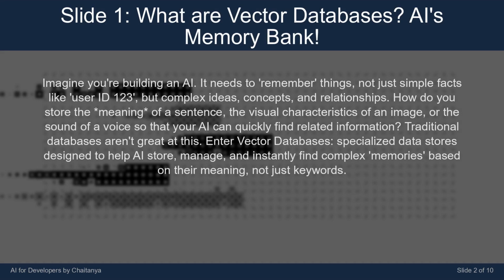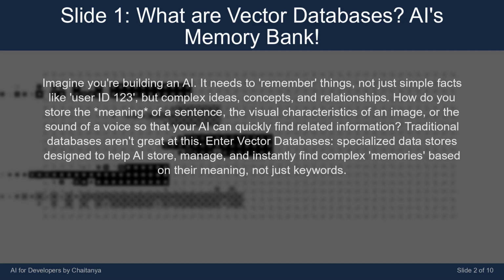Imagine you're building an AI. It needs to remember things. Not just simple facts like user ID 123, but complex ideas, concepts, and relationships. How do you store the meaning of a sentence, the visual characteristics of an image, or the sound of a voice so that your AI can quickly find related information? Traditional databases aren't great at this. Enter vector databases, specialized data stores designed to help AI store, manage, and instantly find complex memories based on their